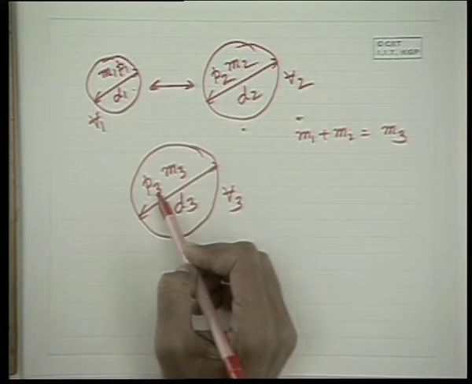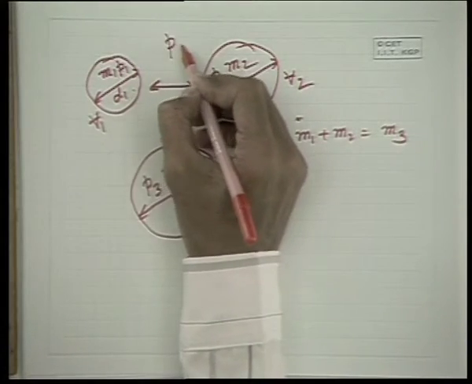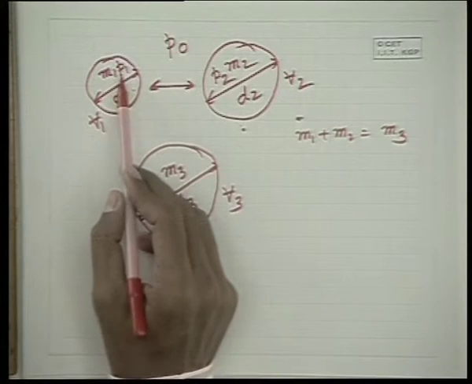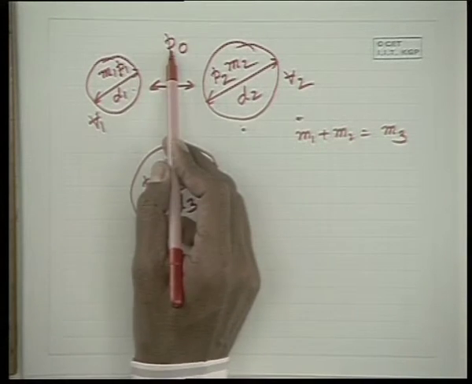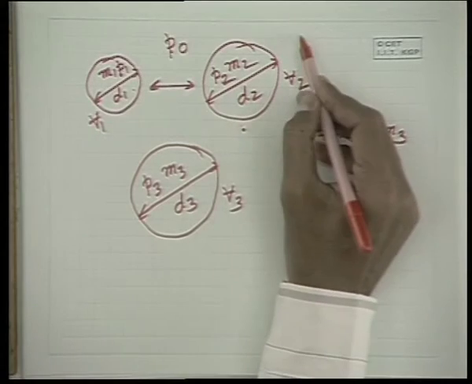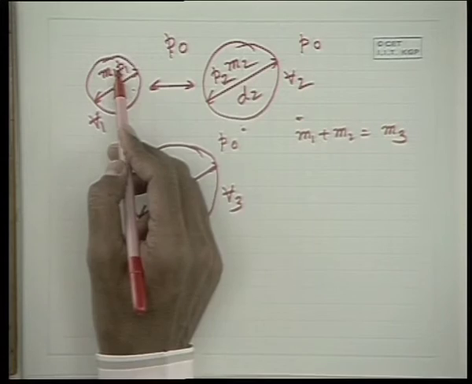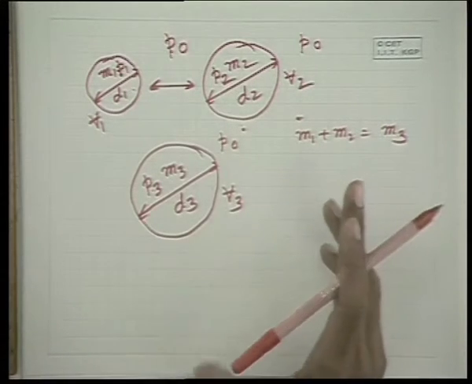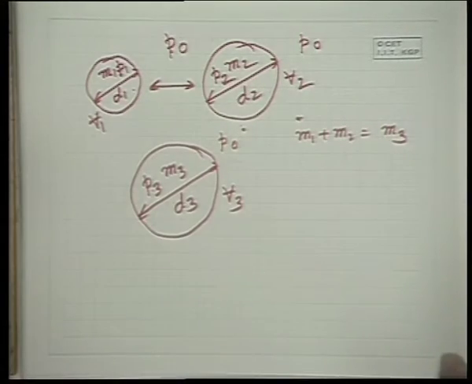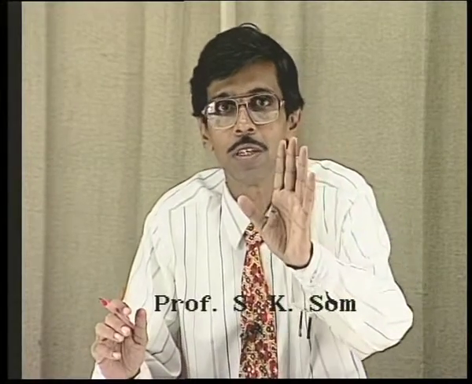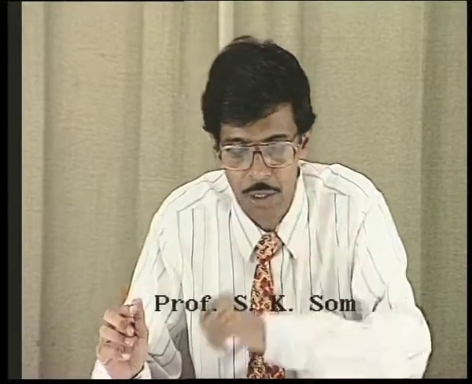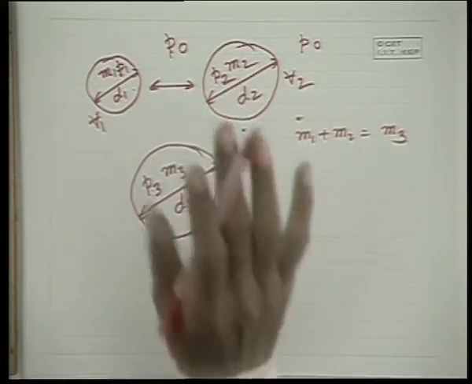We can relate these P's in two ways. Ambient pressure is P0. One is the surface tension, which can determine the difference of P1 from P0, the difference of P2 from P0, same ambient pressure, and the difference of P3 from P0. But to relate P1, P2, P3, we will have to take the help of the ideal gas laws. We will consider the air in the bubble to behave as an ideal gas. This assumption you will have to take. Then only we can relate the pressure and the volume.